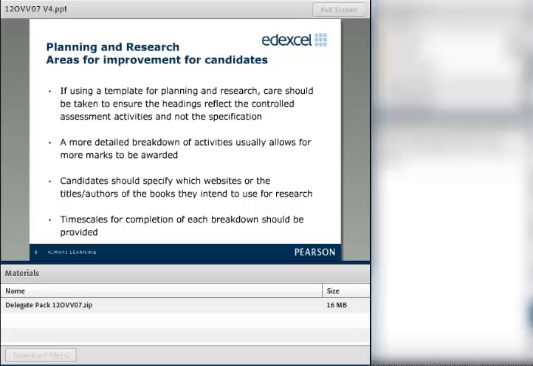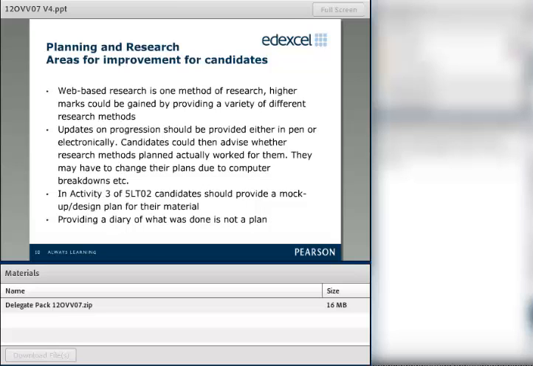Obviously, a lot of the time they'll be going on visits as well. So it'd be really good for them to put down the visit, the day that they're going. Maybe they get a talk from somebody there, so if they can put that in as well. When they're doing the plan, they should also put down when they hope to achieve each part of their activity. Because if they do that, then they've got something to go back and look at and see if they are achieving their plan and keeping up to date.